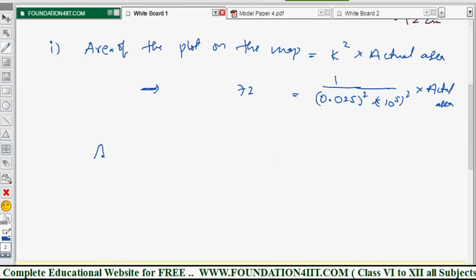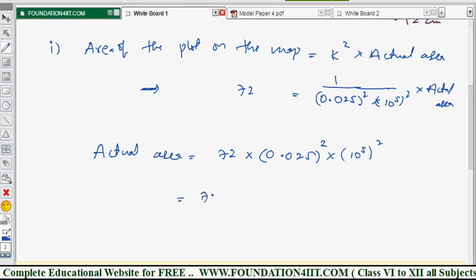So take this side, therefore actual area is equal to 72 into this number, that is 0.025 square into 10 to the power 5 square. This, if you simplify,